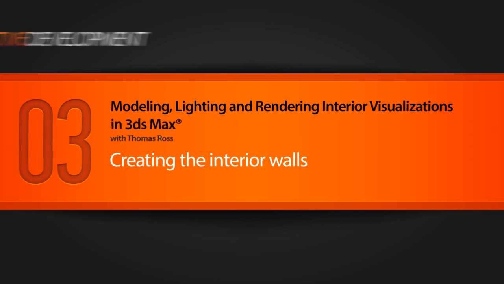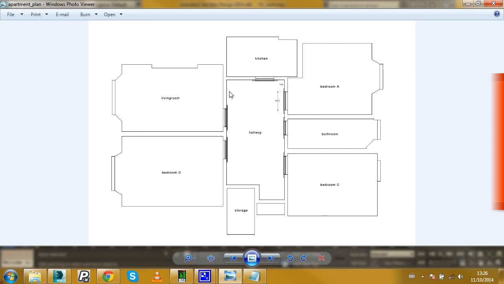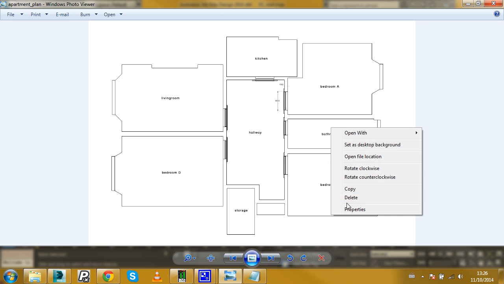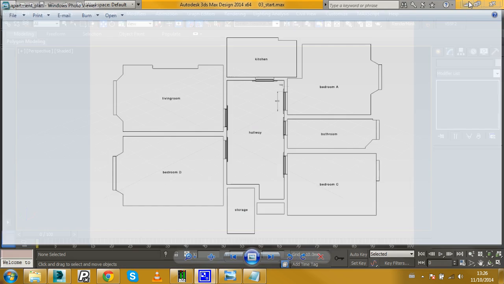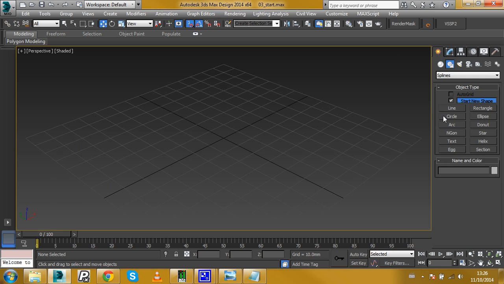In this lesson we will look at creating the walls for our scene. In the plan reference image we can see we've got loads of rooms to create, but we are mainly focusing on the hallway. If you right click on this and go to properties, we can see the dimensions, which are 1266 by 873. So in 3ds Max we want to create a plane,